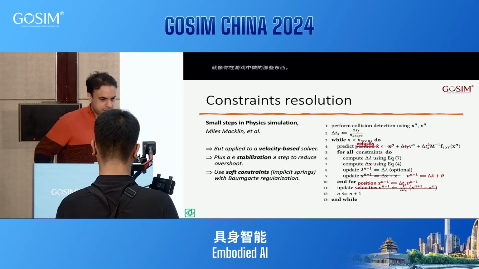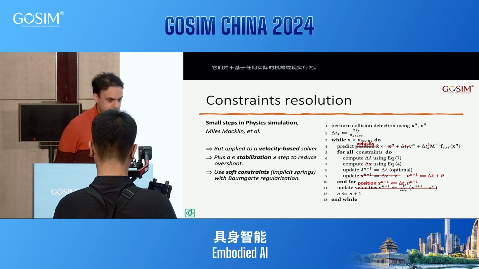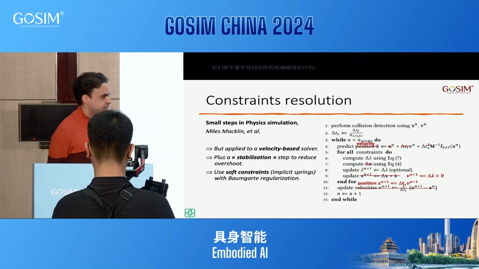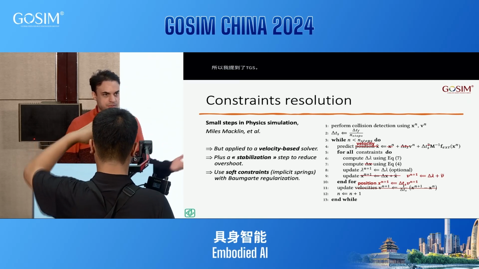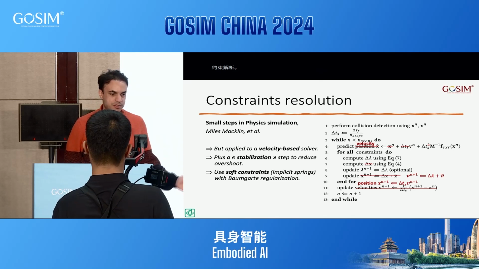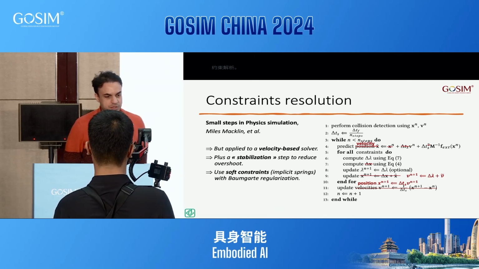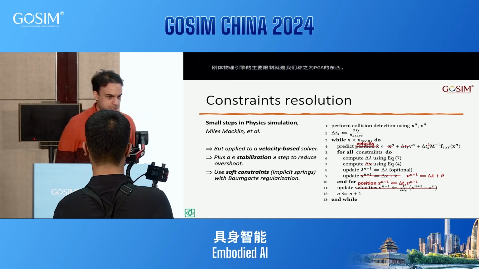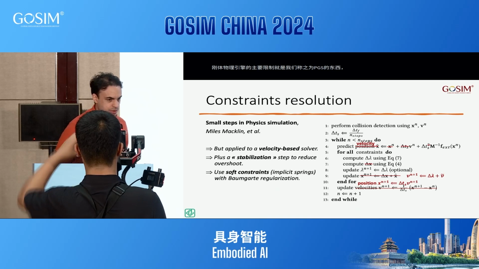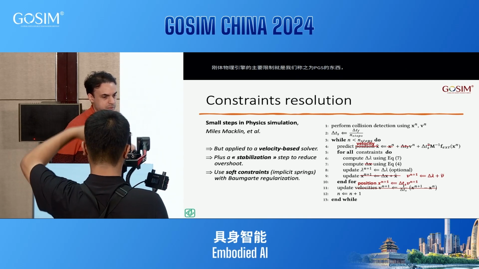So I mentioned this TGS soft constraints resolution. For a very long time, the main constraint solver in rigid body physics engines was what we call PGS, which is projected Gauss-Seidel, and it's responsible for computing new velocities based on a set of forces. So TGS soft is a new method, which is very strongly inspired by this paper named Small